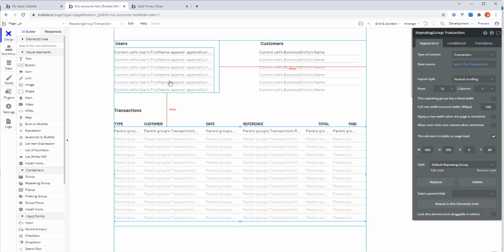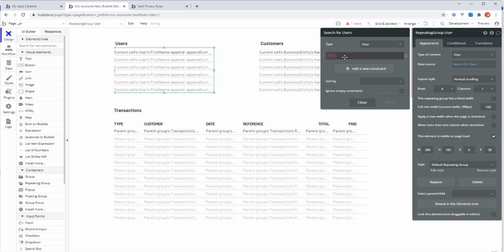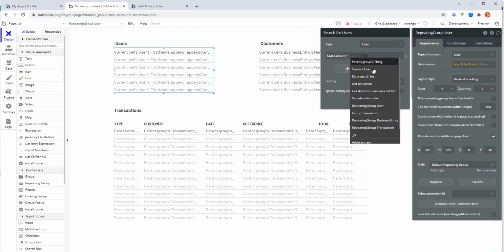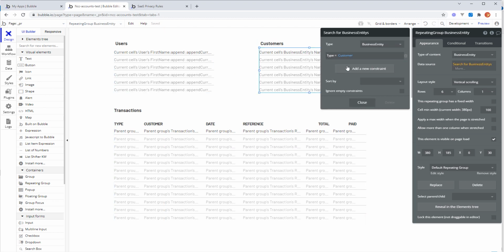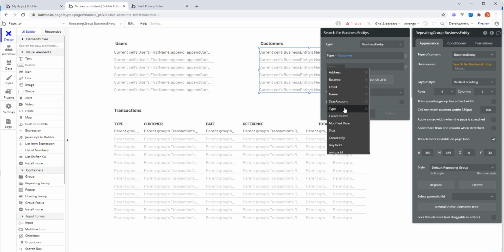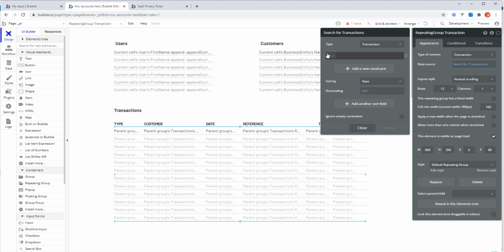And then if we look at our design, I've set up 3 repeating groups, one to list the users, one to list the customers, and one to list the transactions. So what we'll be able to say on here is search for users is just to say that we only want to see the users whose SaaS account is the one that's currently in use based upon the user that's logged in. So we go to pick up our custom state, and we do the same here for our business entities. Add a constraint for SaaS account has got to be equal to the current logged in user's SaaS account. Same with this one, search for transactions, add a constraint, and we only want to see